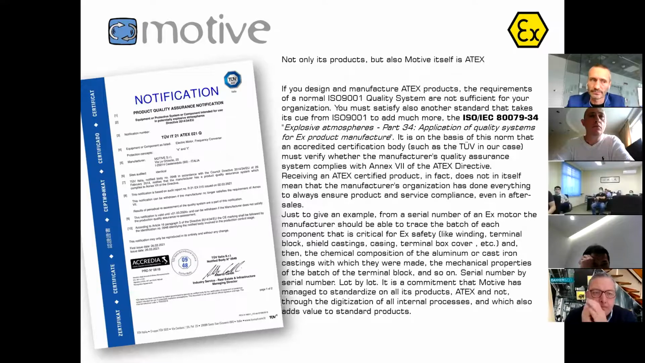Last but not least, as I told you shortly before, making an ATEX product does not mean only making a design and a production in a certain way. It also means having a quality system, an organization which is more restrictive, more demanding than the traditional ISO 9001. Just to make an example, and that is only one example, we have to be able, from a serial number of a product, to go to the raw material chemical composition of all the die-cast parts making part of the enclosure, of a terminal box, of a terminal board, and many other parts. This traceability is quite heavy, but at Motive, luckily, it was already there also for standard products